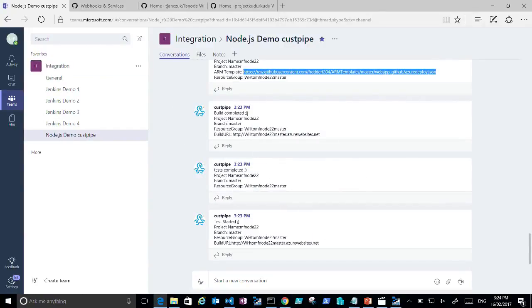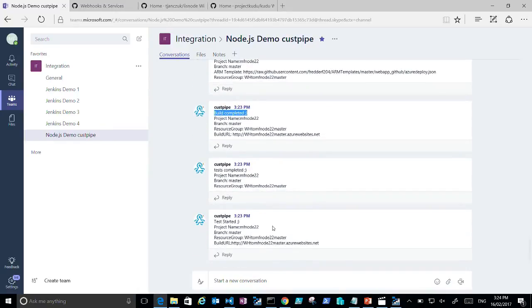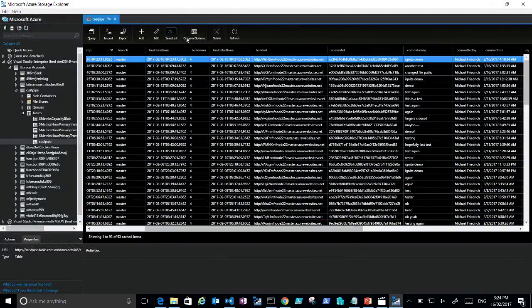Cool, awesome. All right, so our build completed, it only took 2 minutes to go through, and now the tests have started. I've got a test, because it's a demo. Normally you'd have a whole bunch of more intense testing, which is why you can see the test completed came through before the test started. As you know, because Node.js and JavaScript is asynchronous, it came through out of order, unfortunately. But if we go back to refresh that,